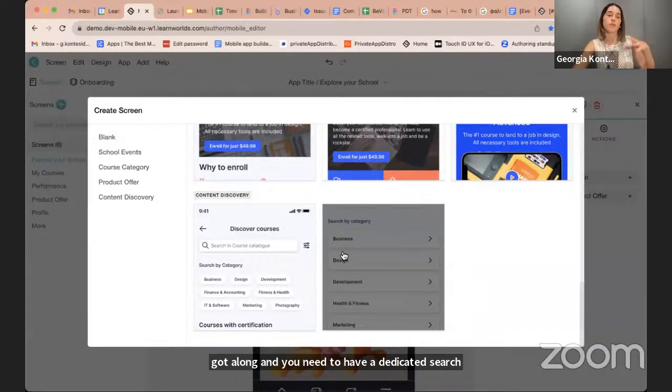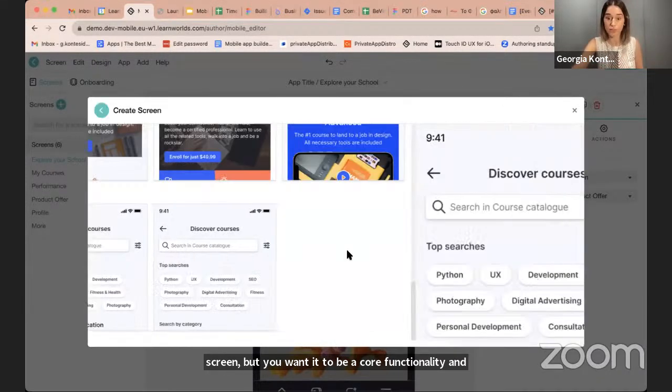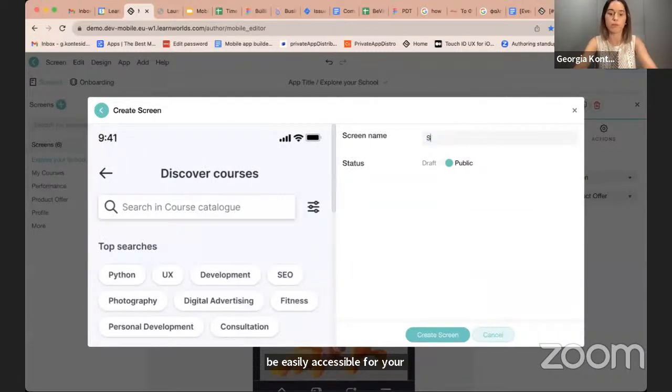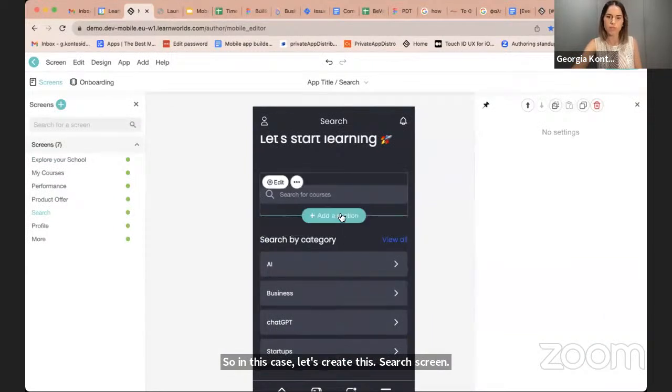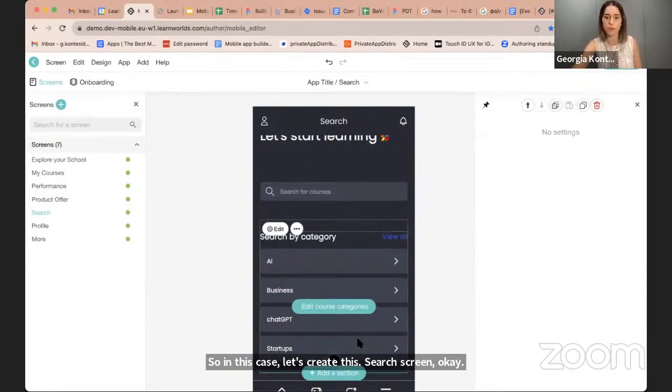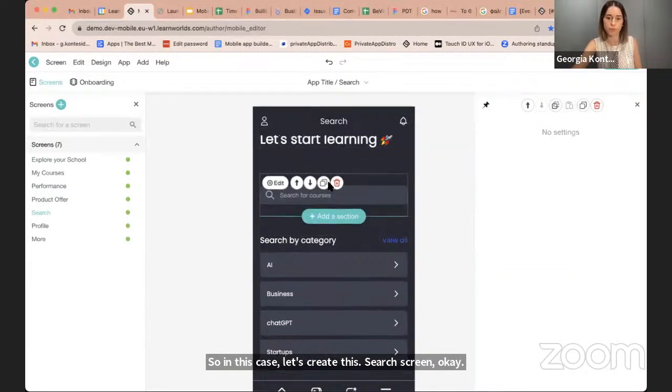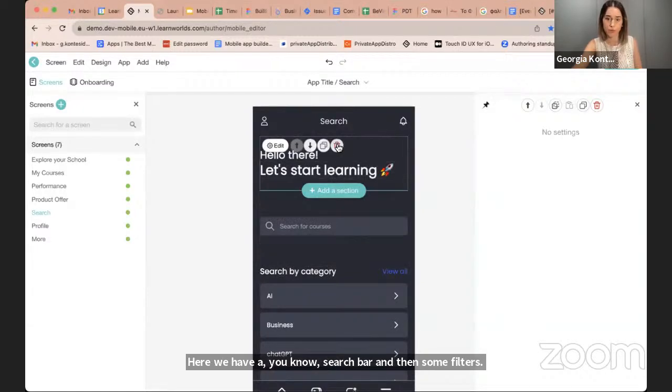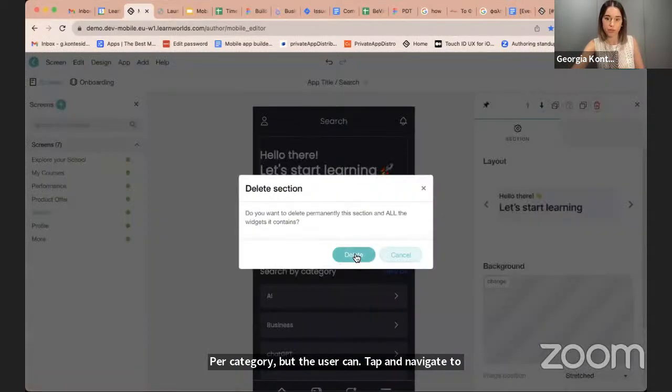And you want this to be not just any kind of screen, but you want it to be a core functionality and be easily accessible for your learners. So in this case, let's create this search screen. Okay. And so here we have a search bar and then some filters per category that the user can tap and navigate to the filtered search for that category.